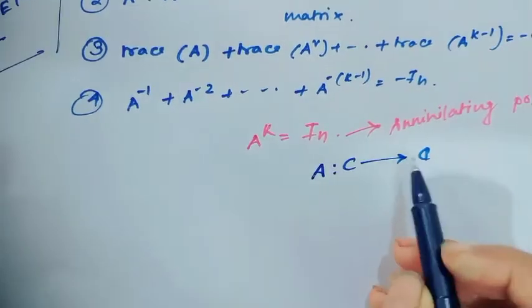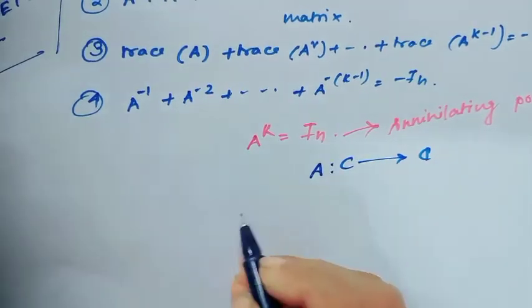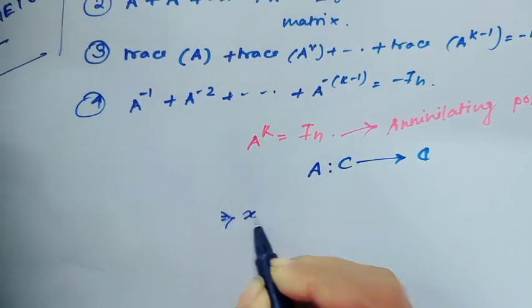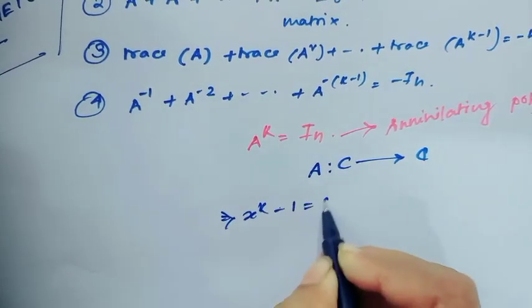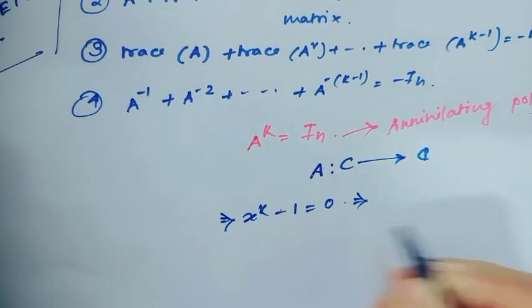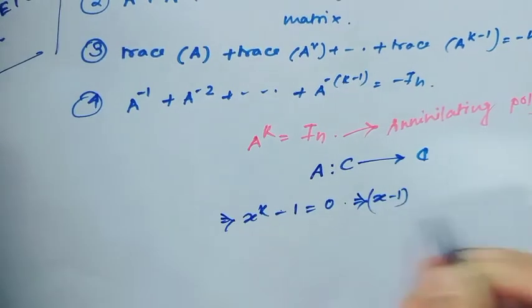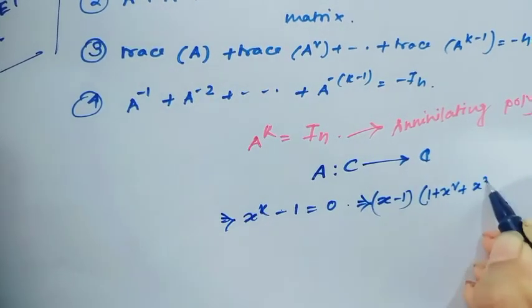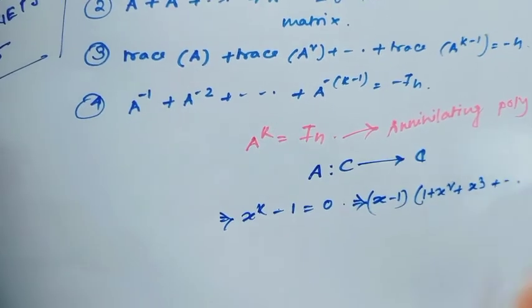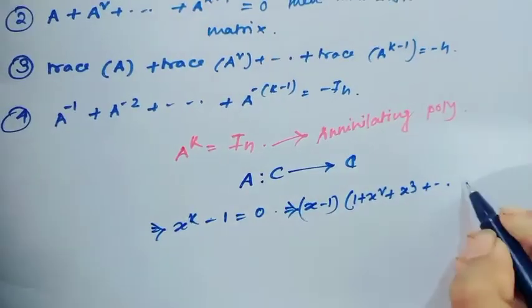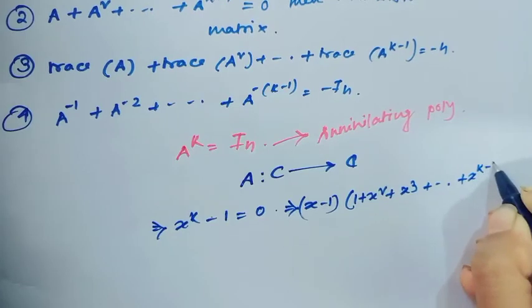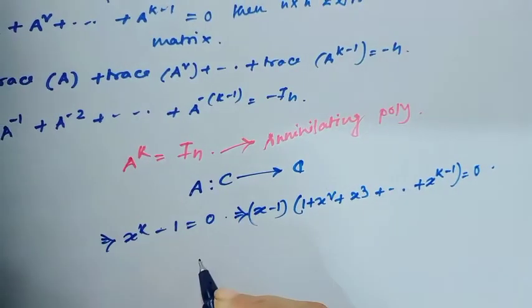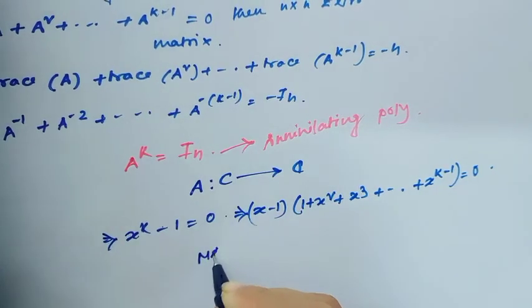Since this is the annihilating polynomial, that means x to the power k minus 1 equal to 0, which is equal to x minus 1 times 1 plus x plus x square plus x cube, and this would continue, plus x to the power k minus 1 equal to 0. That means the possible minimal polynomial is